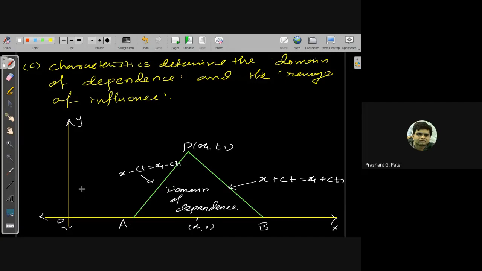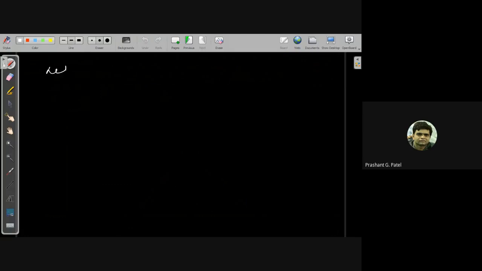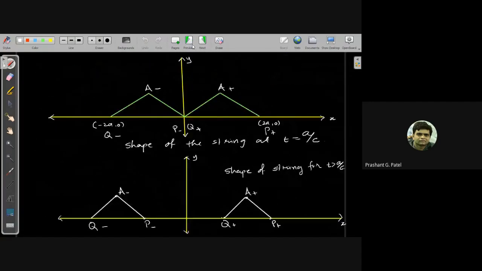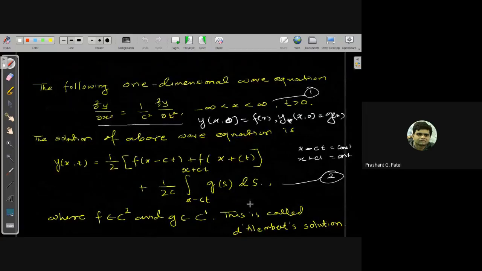So, what is the range of influence, that also we can see. Let P(x1, t1) be any point where t1 is greater than 0. Now from solution 2, the solution we have discussed,